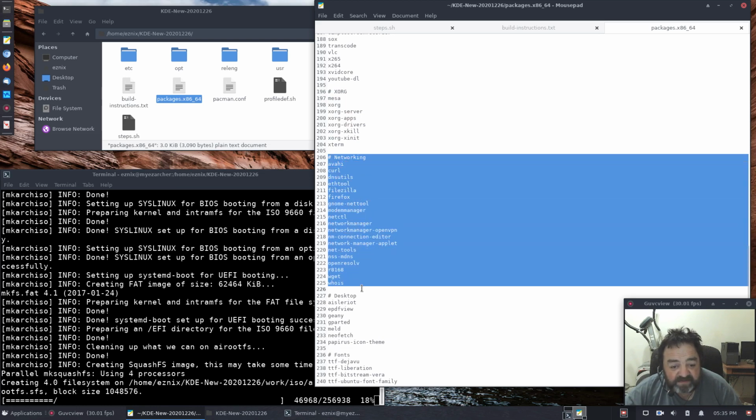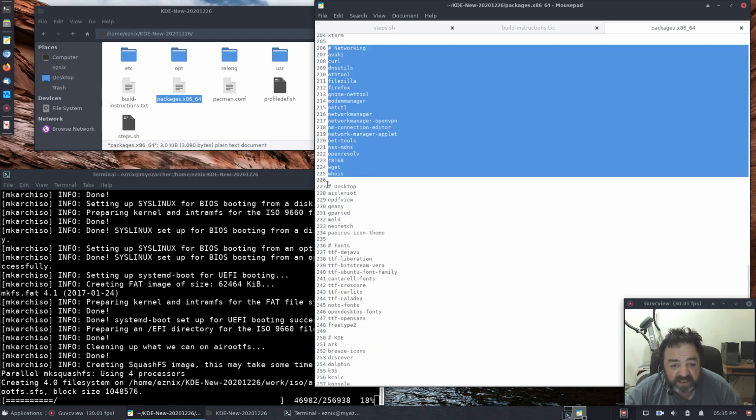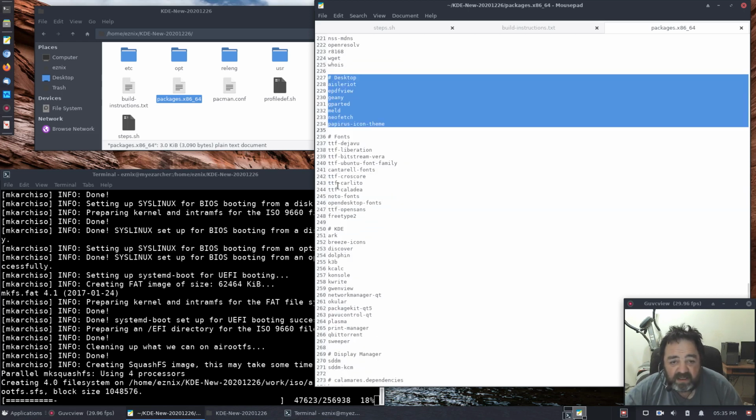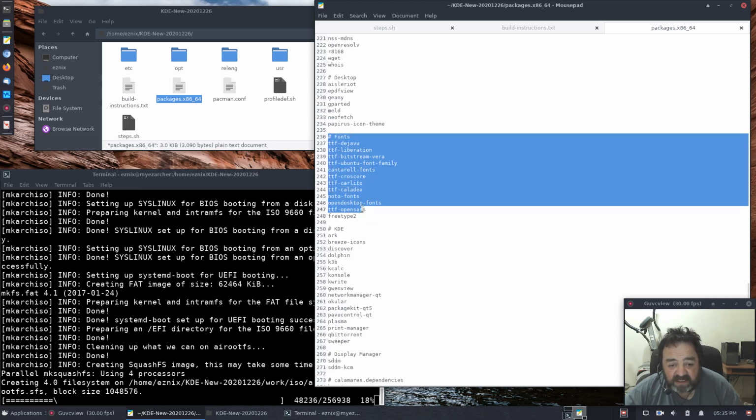Networking-related packages. Some miscellaneous desktop stuff like a game and PDF viewer and things like that. GParted really should probably go in the system, but it is what it is. Doesn't really matter where it is. The fonts collection that I put in,